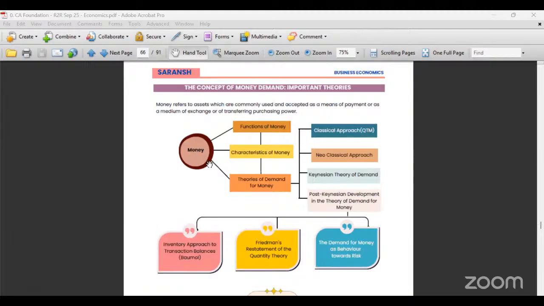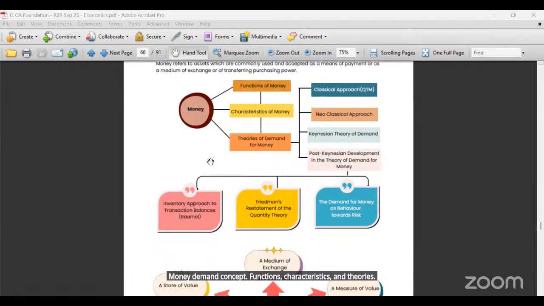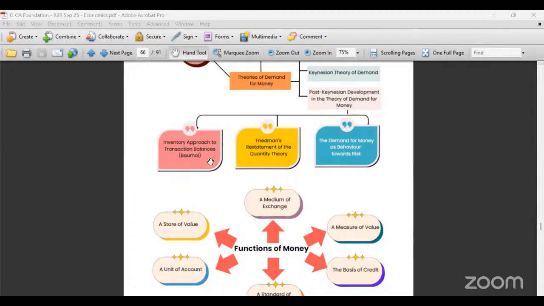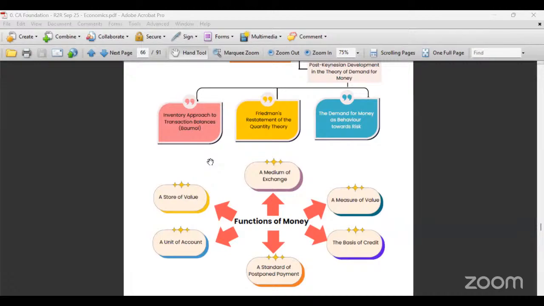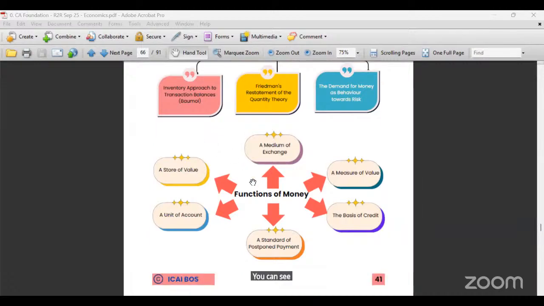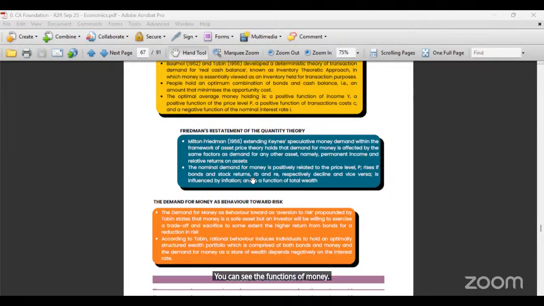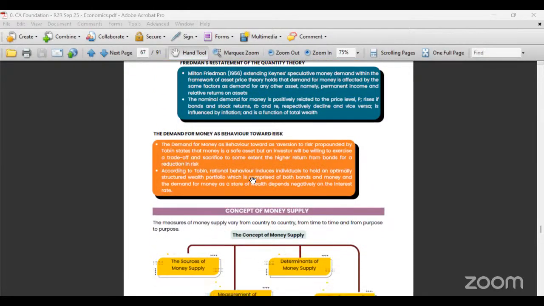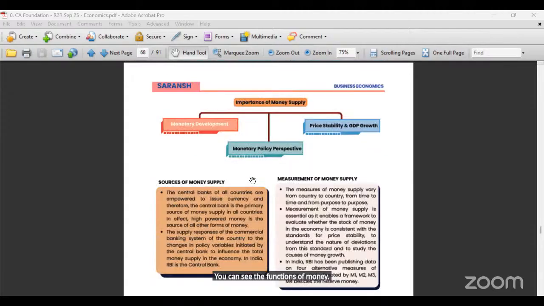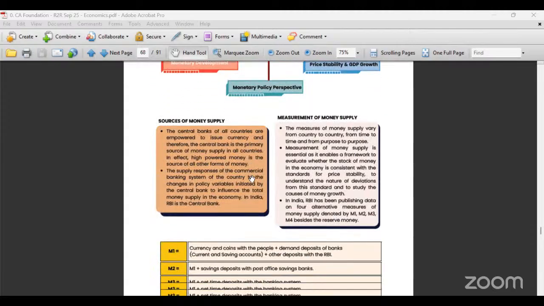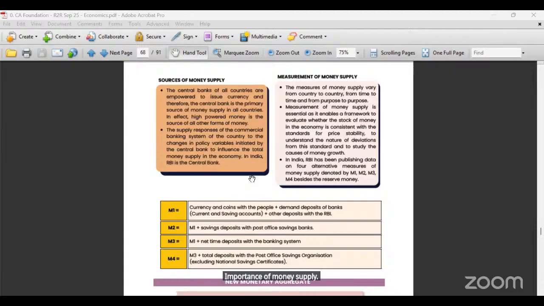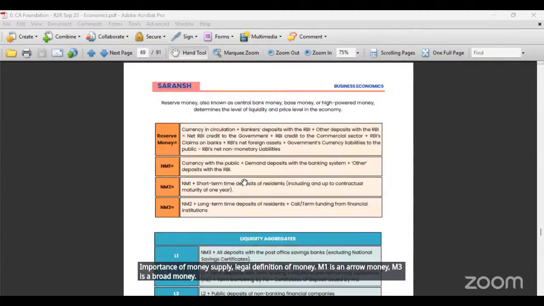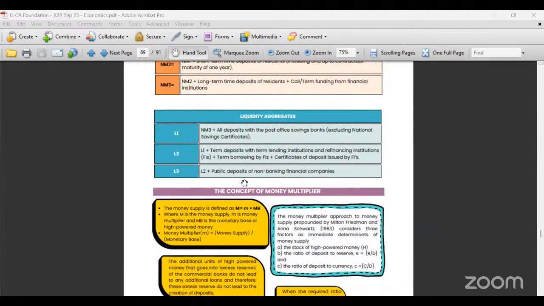Money demand concept, functions, characteristics, and theories. You can see the functions of money. Importance of money supply, legal definition of money. M1 is a narrow money, M3 is a broad money. Liquidity aggregates,